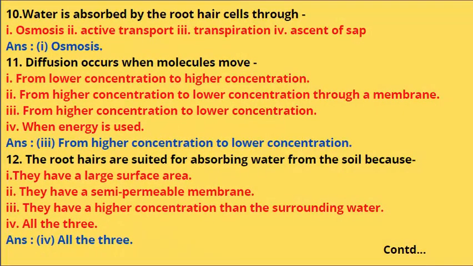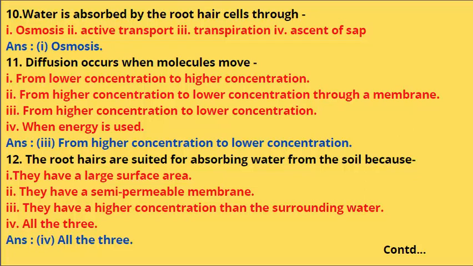Next we have number 10. Water is absorbed by the root hair cells through number 1, osmosis. Number 2, active transport. Number 3, transpiration. Number 4, ascent of sap. Answer will be osmosis. Osmosis is the process in which water molecules move from their region of higher concentration, that